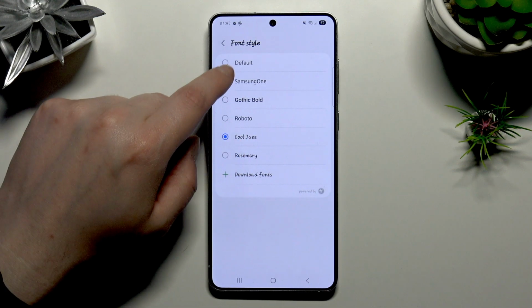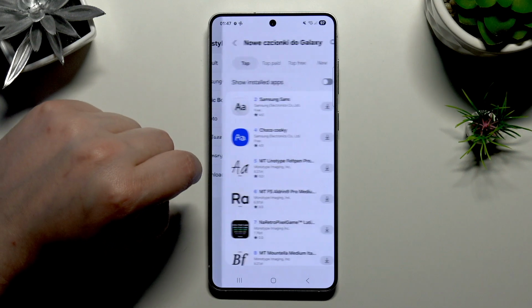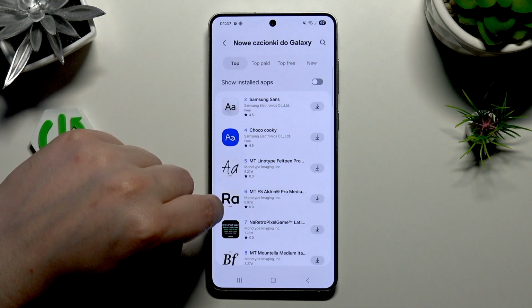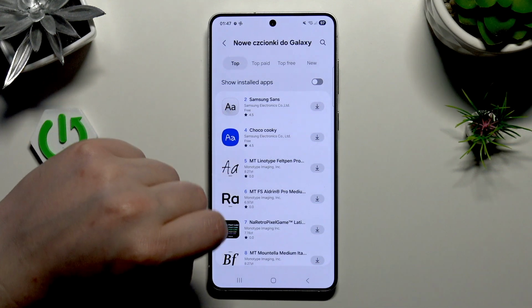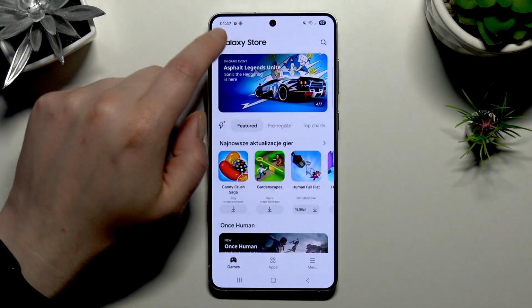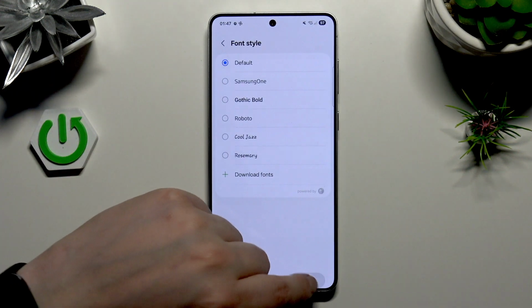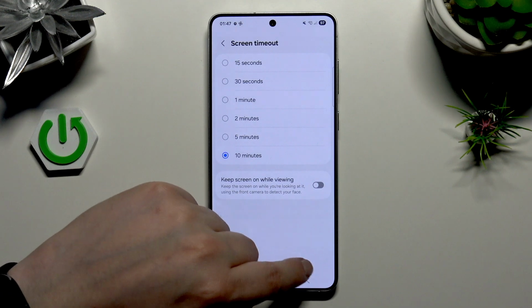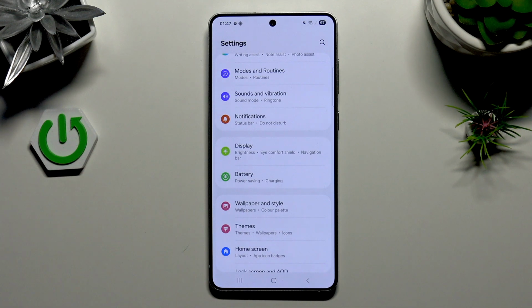But if you need some other fonts, you have to press here on download fonts, and you can download any font that you want. You can buy one or download for free some of them. I recommend using free ones because it's not looking that bad. But you're gonna go for what you want, of course. Let's move to the third trick, and this trick is very cool because it changes the